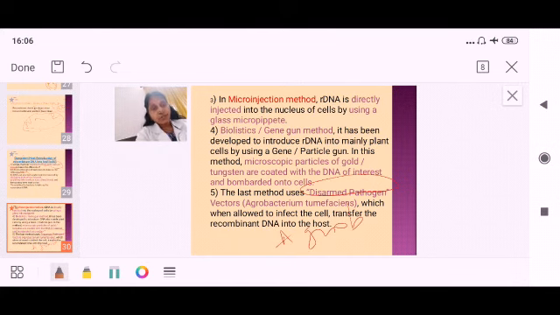So these are the biological methods by which rDNA is introduced. So different methods by which rDNA takes entry into the host we have learnt, isn't it? Into the vector, or the vector into the host, for that we are using all these methods. So what are the methods? The first one is divalent calcium ion, second is heat shock treatment, third is microinjection, fourth is biolistic, and the fifth one is disarmed pathogen. Hope it's clear. So what was the role of this competent host? The host should be competent enough to take up the rDNA. We can make it competent by all these processes, so that they take up the rDNA. That's all for today. Thank you.